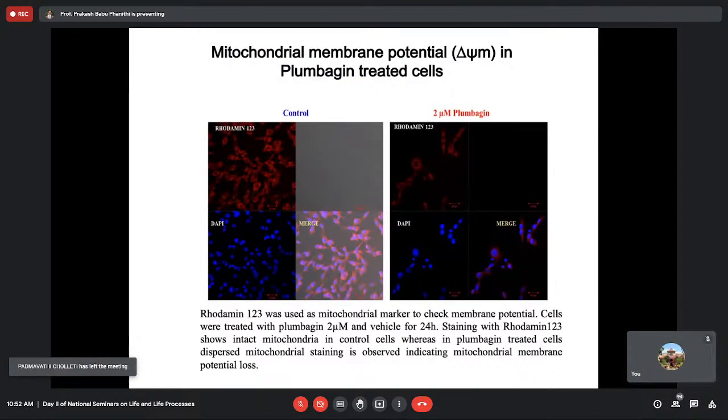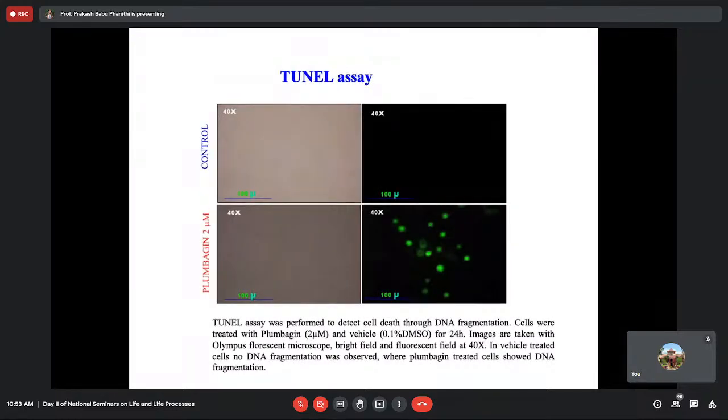This also indicates that the tumor and cellular morphology have changed, and it also affects the mitochondria. The mitochondrial membrane has been depolarized. Once the mitochondrial membrane is damaged, it releases apoptotic factors like cytochrome C that cause apoptosis. So we published this also, and TUNEL indicates